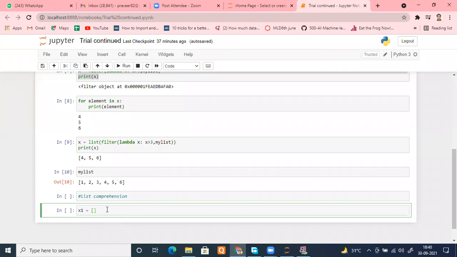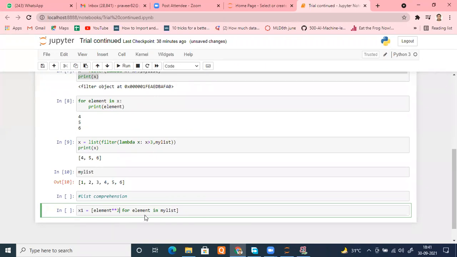Remember? Element, whatever name you want. First of all, type it this way: for, whatever name you want to give the loop variable. Suppose I put the name element, in my list. Initially, suppose I want to square it. So here the expression will come, remember? Element to the power 2. As simple as that: for element in my list, element to the power 2.